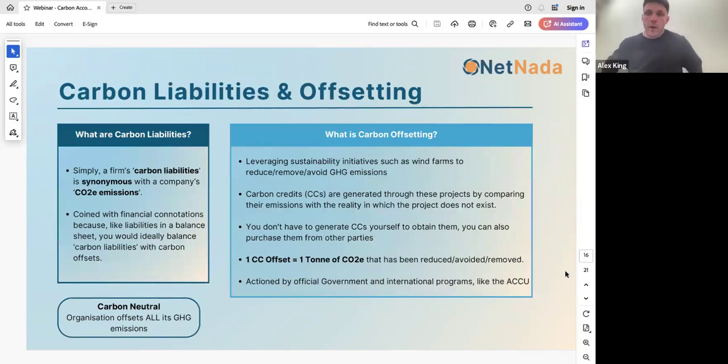It's a nice segue into what is often the most asked about, or logical association with carbon accounting, and it's carbon offsetting and carbon neutrality. And this as well ties in nicely to the sense of these larger corporates, how they're looking across their supply chain and seeing it as a potential risk, or seeing it as not just something that sits on the ESG side, but also potentially sits on the financial consideration side, because carbon liabilities is another term that gets thrown around, and